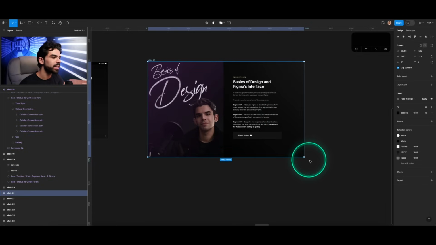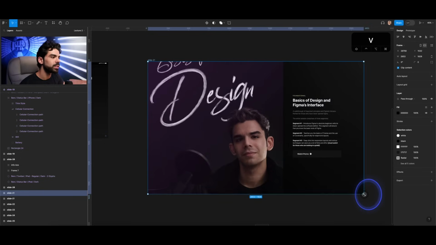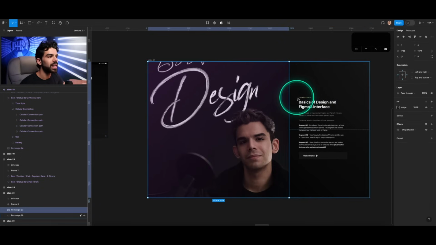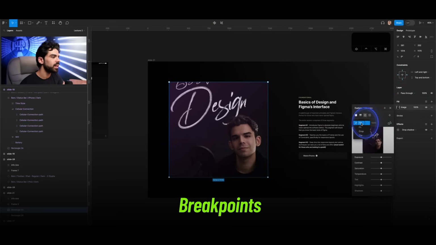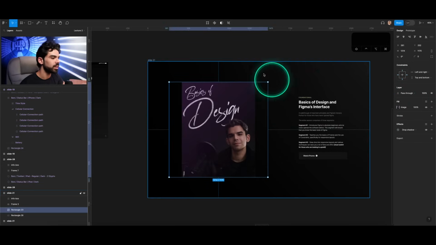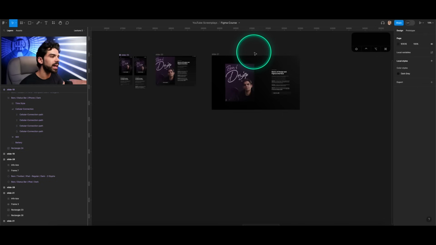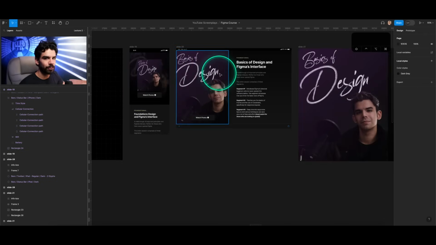And then you have your desktop. So the elements remain the same, but at one point this would sort of break. So maybe we will add one more breakpoint. This is called a breakpoint, where you say that maybe I don't want the same design. Maybe at some point it should just be different. So yeah, I just want to quickly go through how constraints would have been added for all of these three